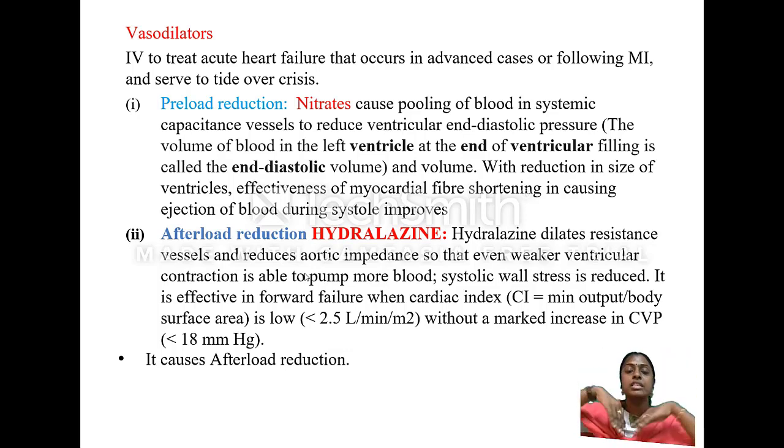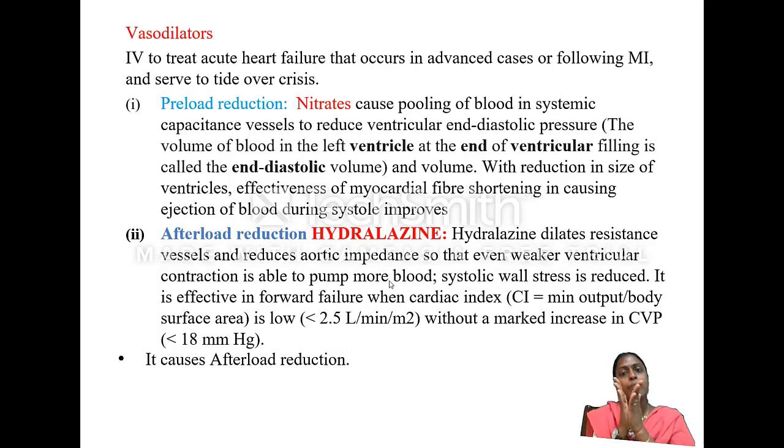Previously I told, when there is not sufficient opening of this aortic wall, blood flow won't be proper, right? Now hydralazine will open this aortic wall properly, because of the dilation. When it is opening properly, even when ventricles don't contract well, that can give more blood supply. Here my ventricles are weakened, and due to that my aortic walls have slightly opened, not properly opened.